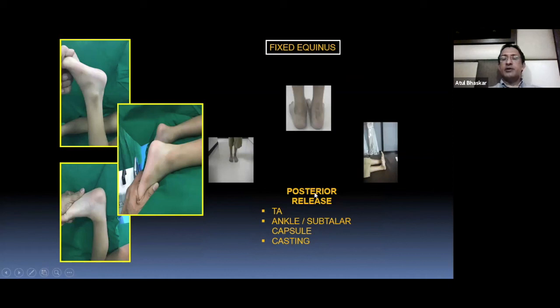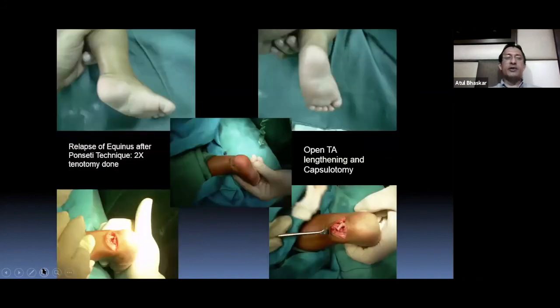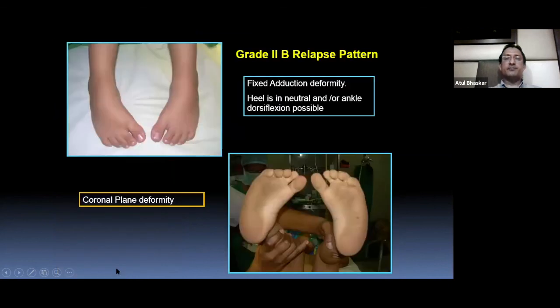So rigid equinus and varus, you could do a posterior release so that you can release the medial part of the tendon to decrease the varus at the heel. And this is how it is done. I normally do a hemi-Cincinnati approach, and you can see the tendon release here. This is the Z lengthening, and this is the end of the closure. So you release the medial half of the tendon and keep the lateral half attached so that you can get the heel into eversion.